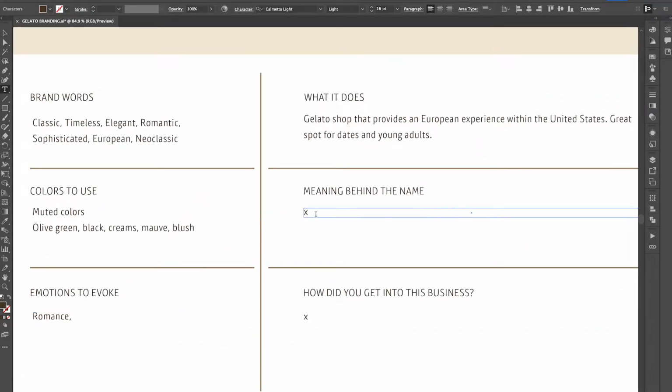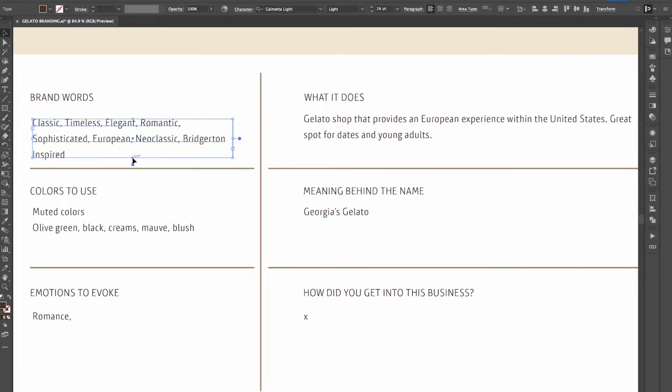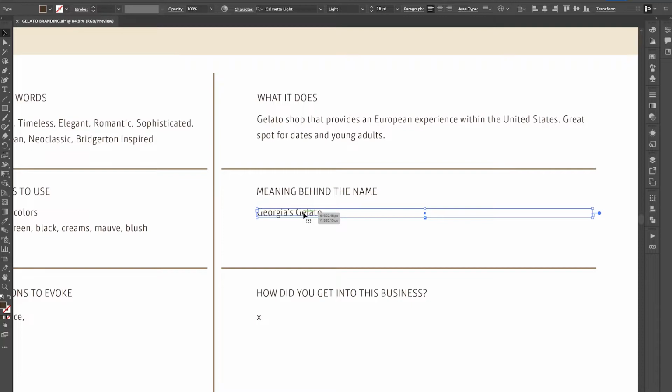Again, this is just to help get my thoughts organized and for things that I'll remember throughout creating this brand strategy. If this were an actual client, we would be going extremely in depth on each of these topics, I should say. But basically, since I am just creating this, I'm trying to think about it as I go. It's really tough to do, and I honestly am in awe of each of my clients that complete this and fill it out. It's a lot of work, so I really appreciate it.